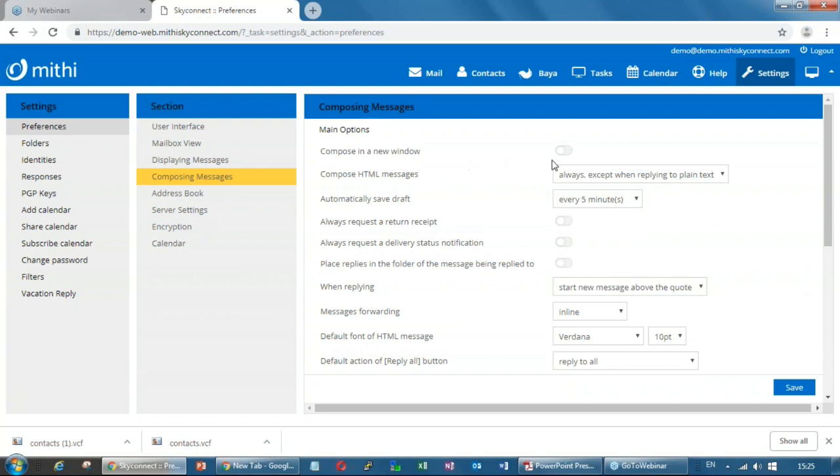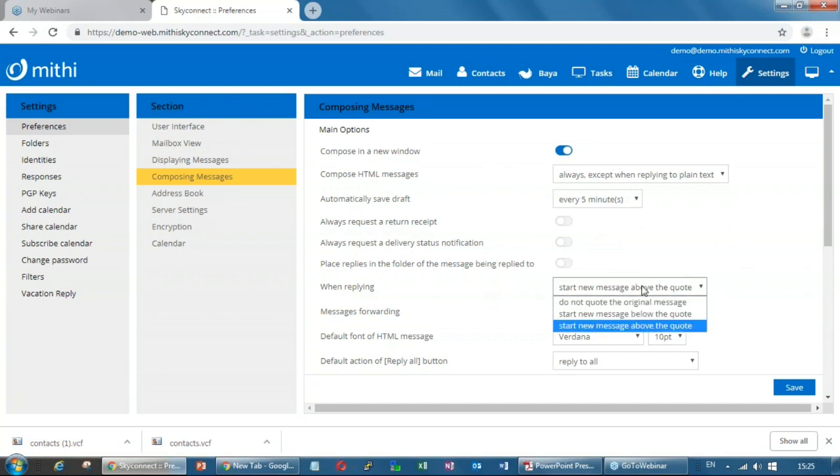Like if you want to compose in a fresh window, if you click on compose, it should come in a new window. Then if you want HTML or forward as HTML, let's say, then save as drafts every 1 minute, 3 minutes. All these kinds of different modifications, customizations, you can do from the preferences.